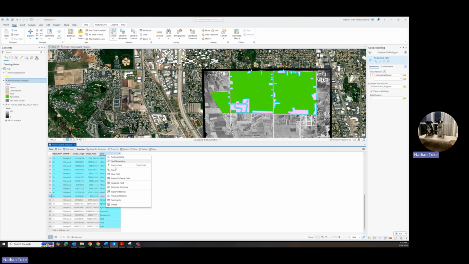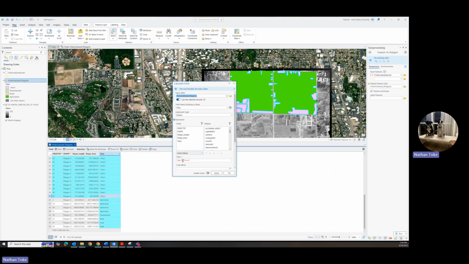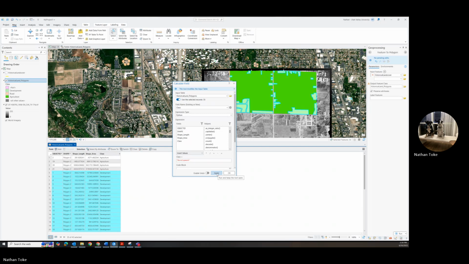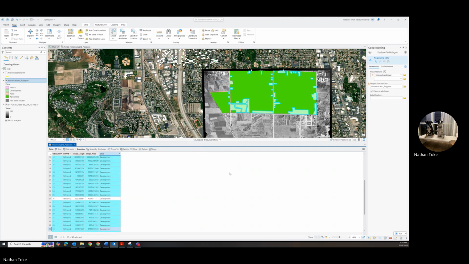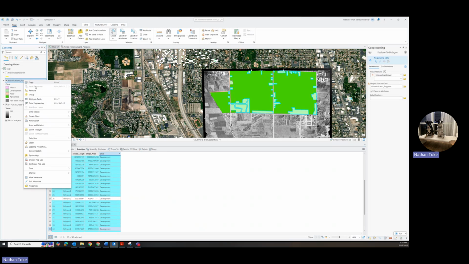Now we want to go and calculate field, and we want it to say development, just like the other one. It's important to type without typos. Otherwise, you get multiple classes. Developments, I can't have development. Okay, that did it. So if we go back to our attribute